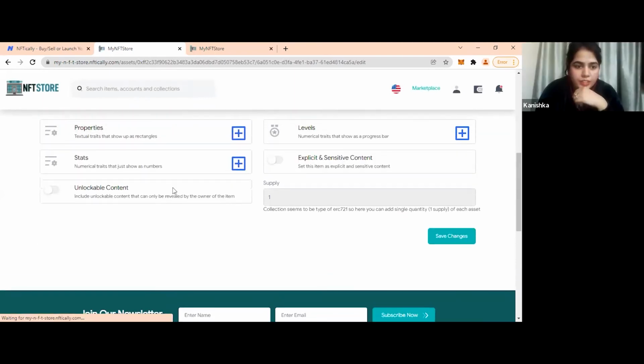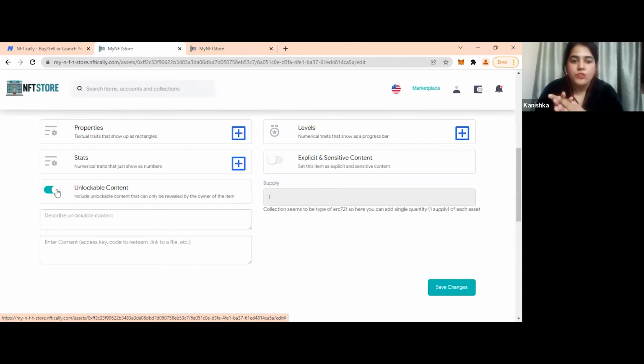Okay. So here's the unlockable content, right? Suppose you have something that a person can unlock while purchasing an NFT. We can describe whatever the unlockable content is, not reveal everything, but give a little hint about it, so that it excites the person. And here can go the link or the key. If it's a coupon code or a discount code, that code can go over here. If it's a link to some special content, suppose you have an entire movie to stream and you're just uploading the teaser or the trailer as the NFT, then you can put that entire link over here. And once you save it, only the people who are buying the NFT will be able to unlock that content.